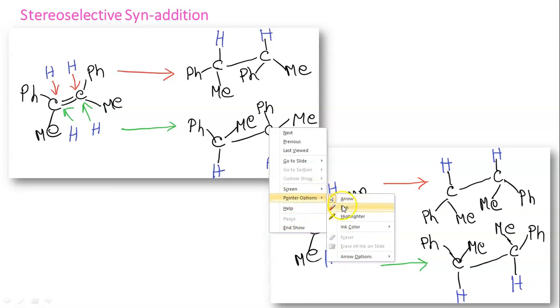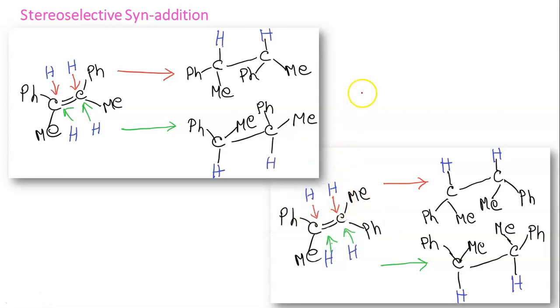So why is it stereoselective, not stereospecific? Because here we are getting major product by syn addition, but we cannot say that it is exclusive. Some anti-addition is also there. So how can we prove that? We have started from this cis alkene, because methyl groups are on the same side, phenyl on the same side. Now if you follow the green arrow and red arrow, in both cases there is addition of hydrogen from the same side. So if we start from the cis alkene, we will get these two types of product.